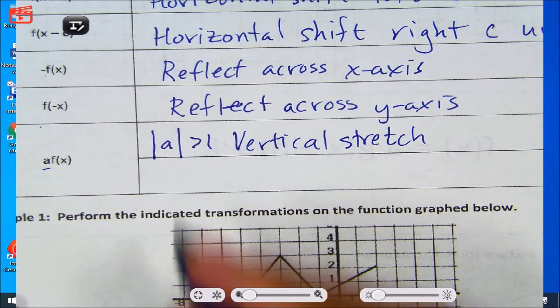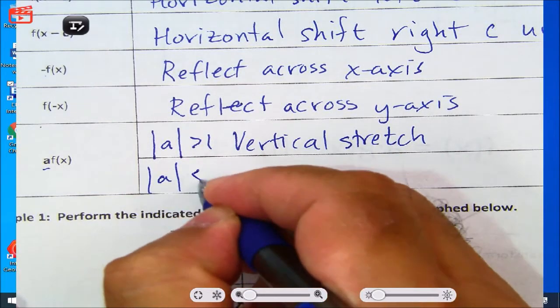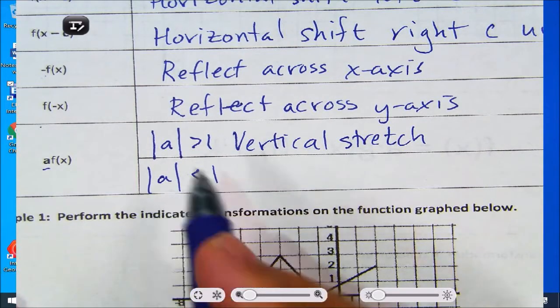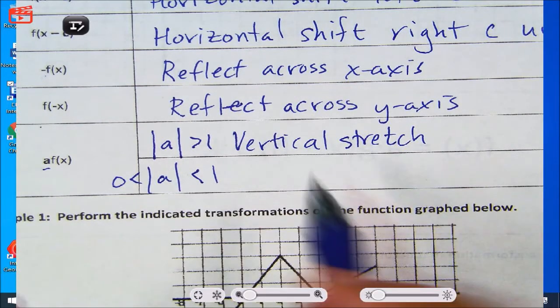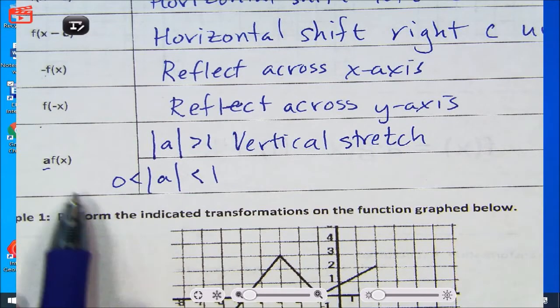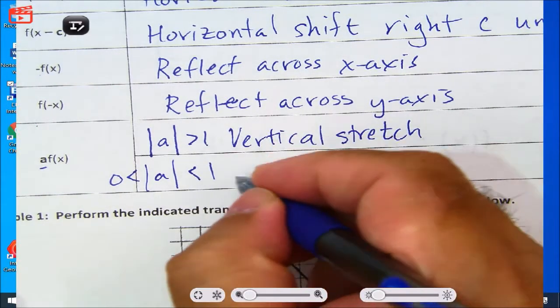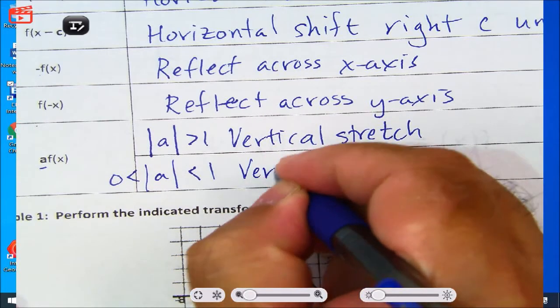If the absolute value is less than 1, so it's like 1/2 or 2/3, but not 0. Although 0 would make it true, so it's basically got to be greater than 0. But usually we don't talk about it. If it's 0, that wipes out the function, so that doesn't even make sense. All right, so we call that a vertical